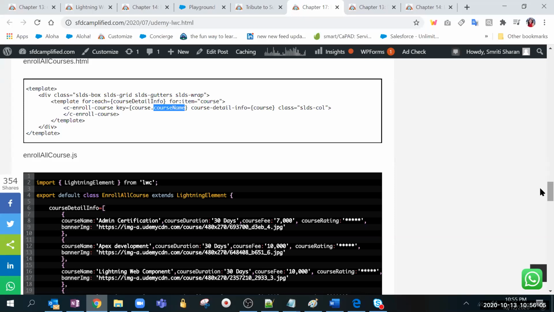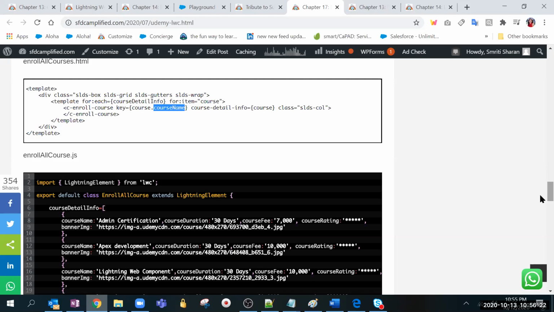Identifying a key is important, because there should be one key. It could be a number, it could be an ID, it could be a name or anything. But having a key is important, right? For iteration. If you remove the key, it will throw an error. You can try that. Okay. But it's not necessarily to be an ID.